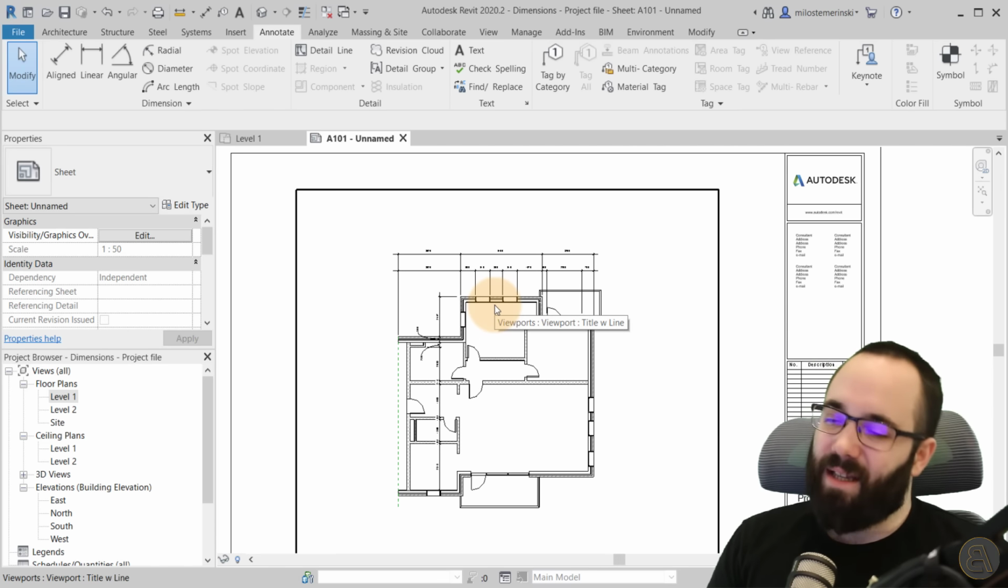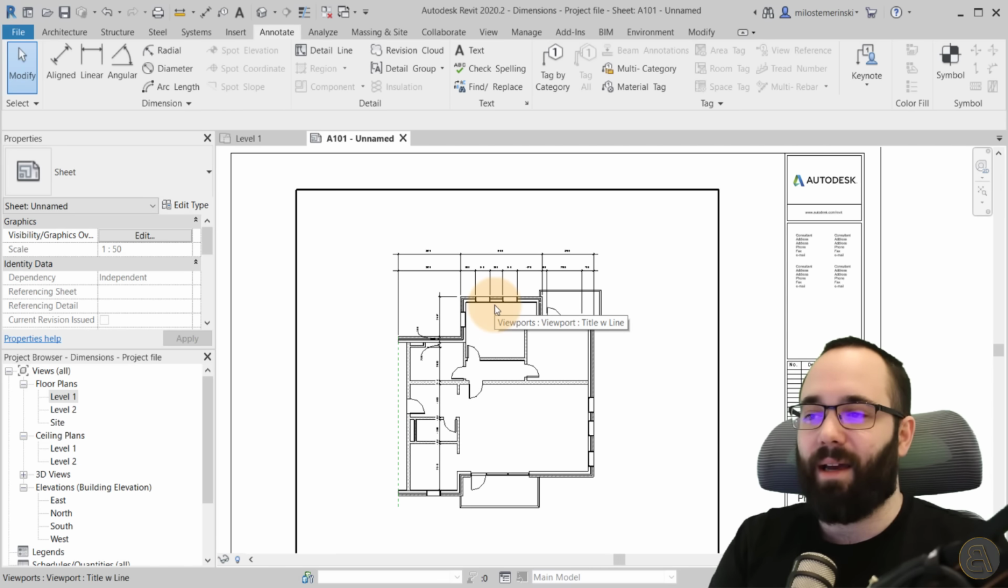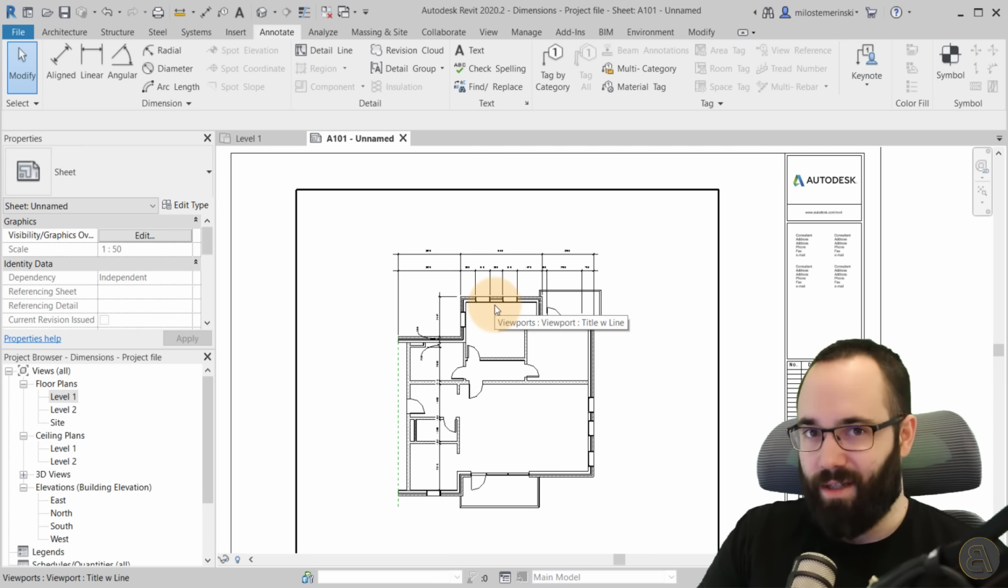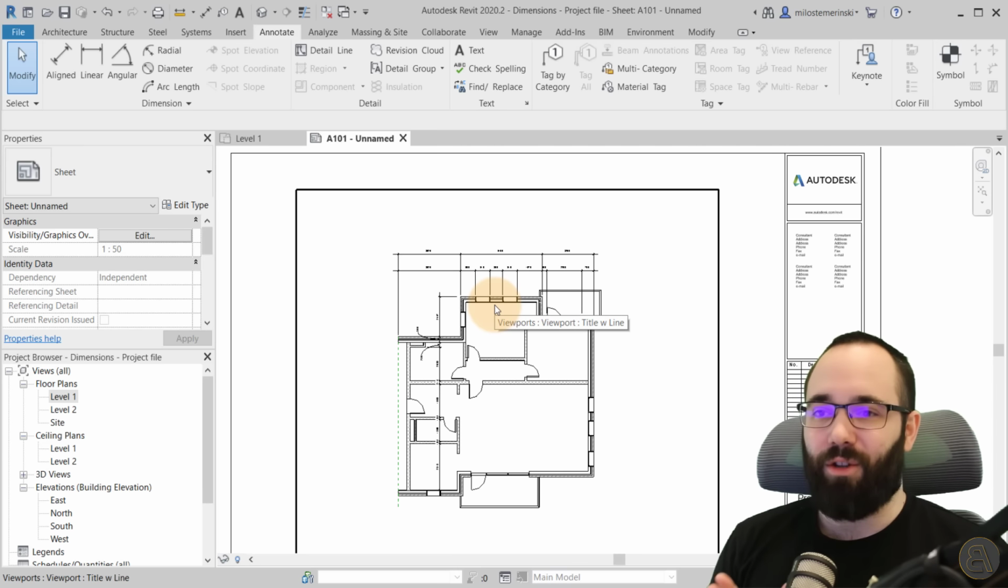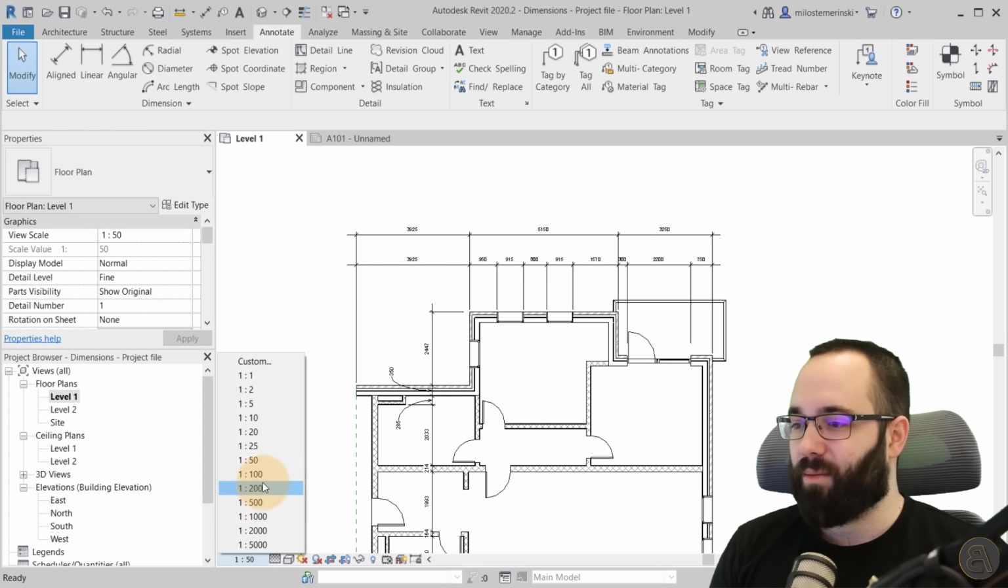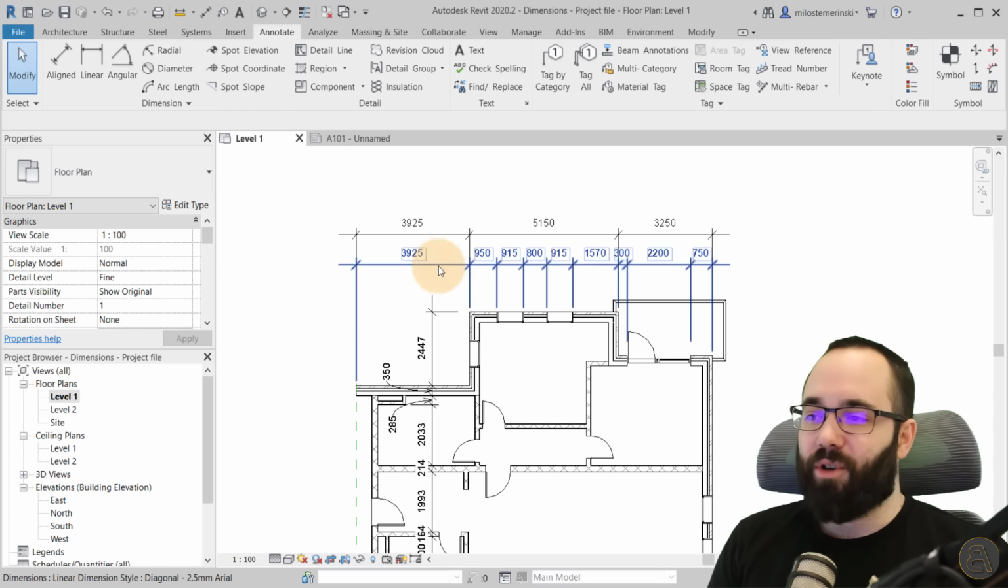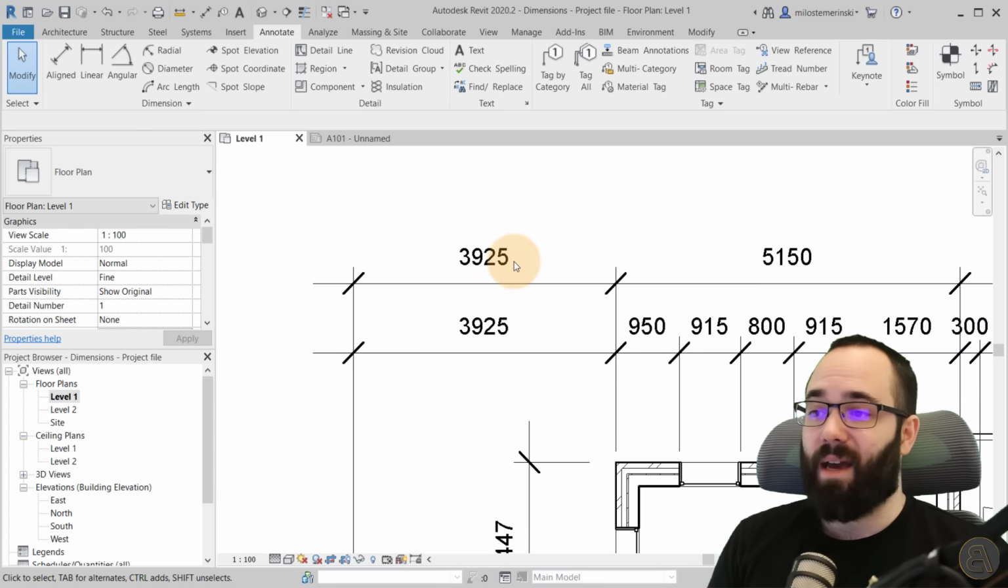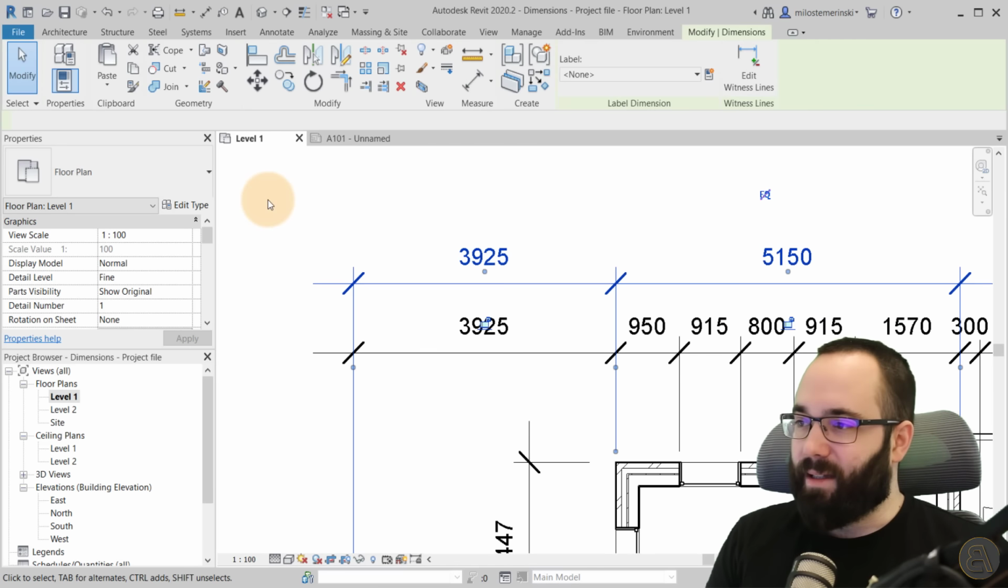Sometimes I see people making errors where they don't like the dimensions and then they just change the scale. That's not the right way to approach that. What you want to do is go back here. Let's go back to 1:100. If these numbers are way too large, if you're not happy with their size, just select it, go here to edit type,